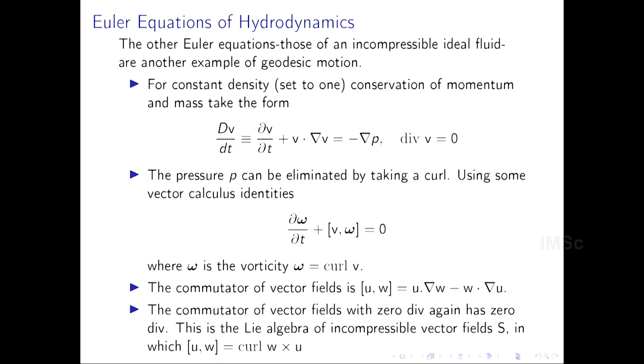Now, independent of this, there is another set of equations in physics, also called Euler equations. These are the equations of an ideal, incompressible fluid. There's the Euler equations of rigid body mechanics. There are the Euler equations of ideal fluids. The Euler equations for ideal fluids, remarkably, are another example of exactly the same system. So these two equations of Euler from very different branches of physics are really two examples of the same fundamental idea.